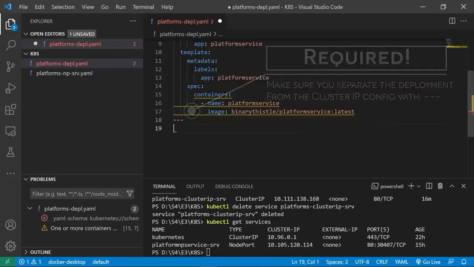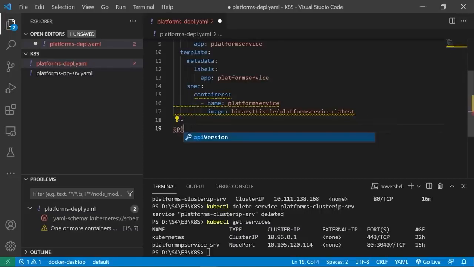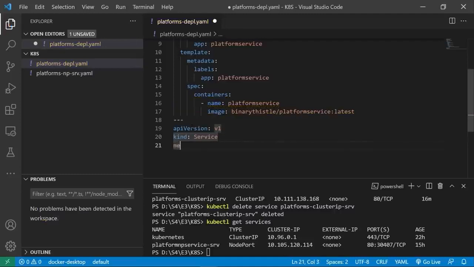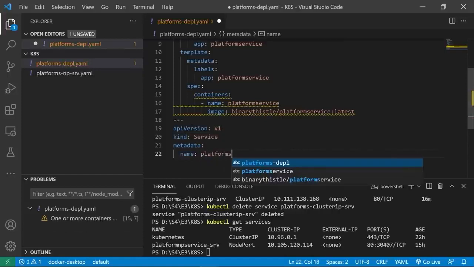All right, so we specify an API version, and this time it's v1. So this will look very similar to the node port stuff that we did a bit earlier. The kind is a service. And then metadata is basically the name of our service, effectively. So we'll specify name, and I'm going to call this platforms cluster IP